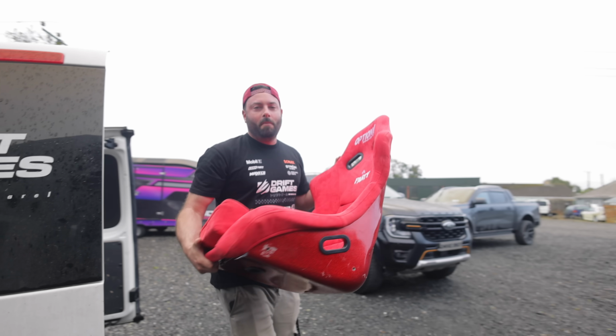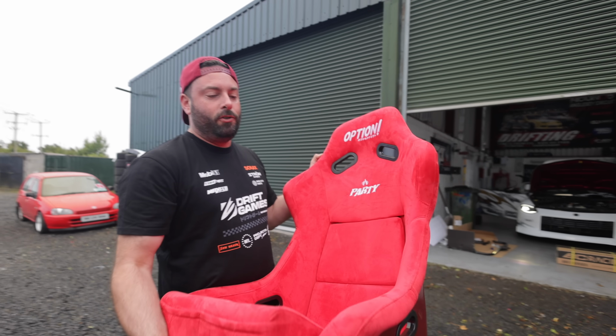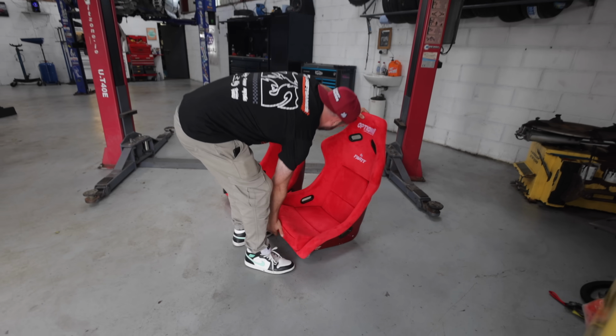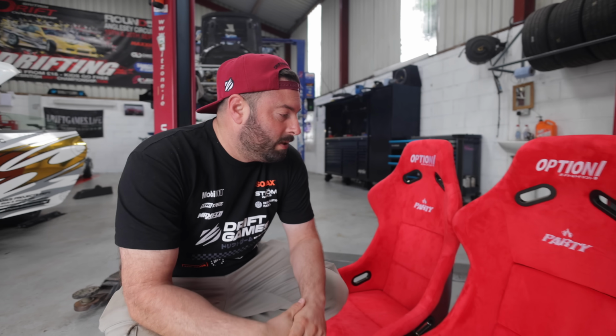And I think my favorite mod that we're doing to this car is the seats. So these are the party seats from Option Drift. They're a UK company, and there's a big reason I want to put these in the car. This is an upgrade I'm really excited to do on the car. Option Drift is a UK company, pretty close to us,